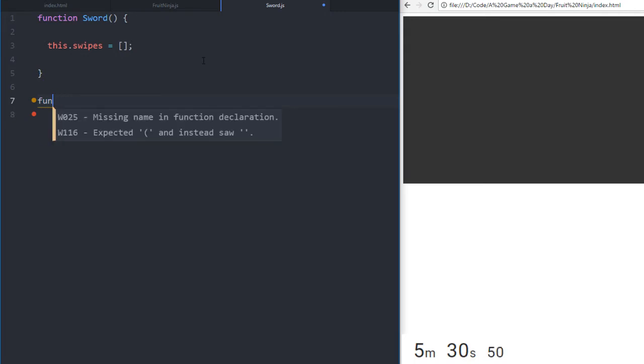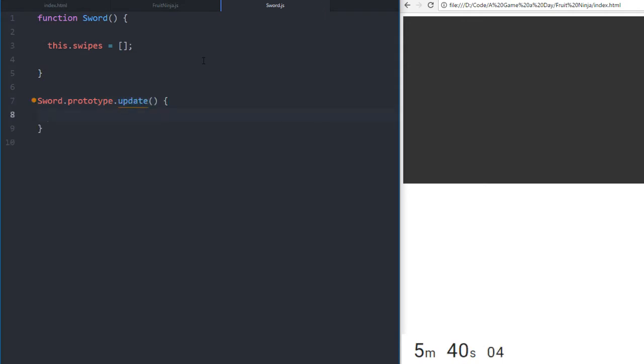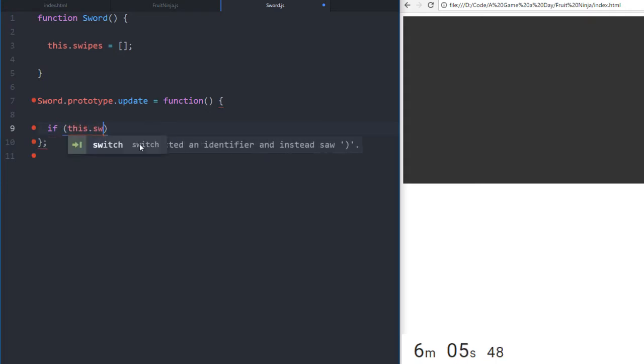Function, or not function, we are going to do some prototyping. Sword.prototype.update. So this, no, okay, I don't think we need an update function. Yes, we do. We need an update function, because whenever we update it, we actually want to pop whatever is in the array. So we want to pop the first element when we update. So if this.swipes.length is greater than 0, only if it's greater than 0, then we are going to